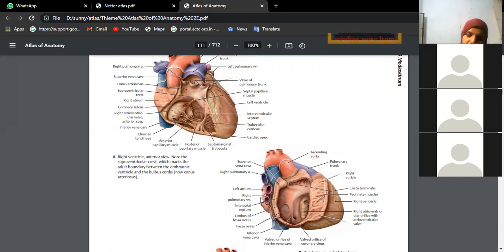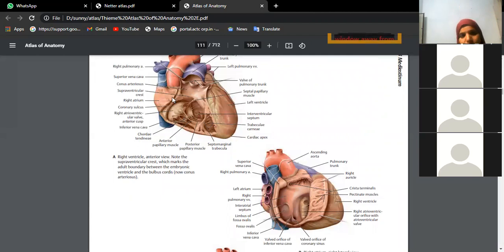This is the left atrium and this chamber is the right atrium. Between them, you have the interatrial septum, where you have fossa ovalis, its margin is limbus fossa ovalis. The inferior vena cava opening is showing a valve, the Eustachian valve. Coronary sinus also shows an opening with the Thebesian valve, or valve of coronary sinus. Now, at the right atrium opening into the right ventricle, you are seeing the entry point of the AV valve, that is the tricuspid valve. So, this is all the ring you have.